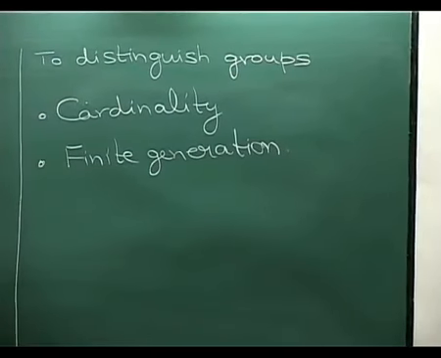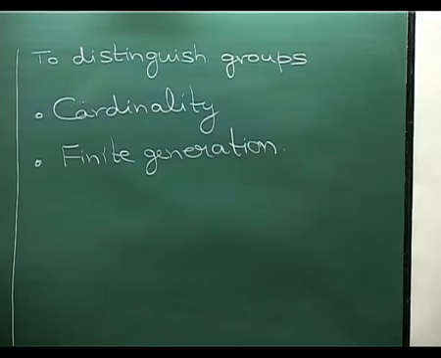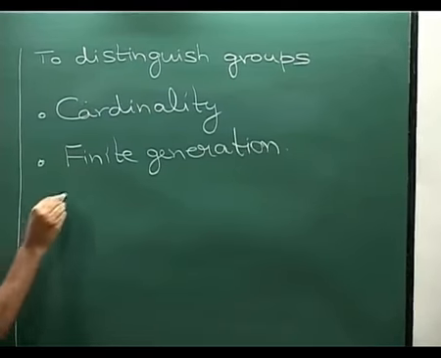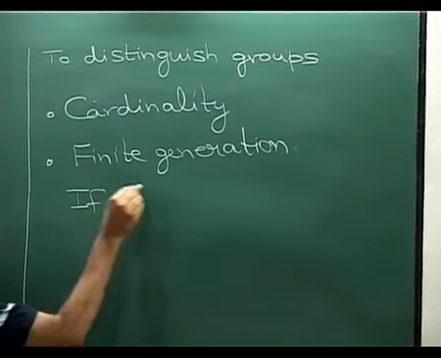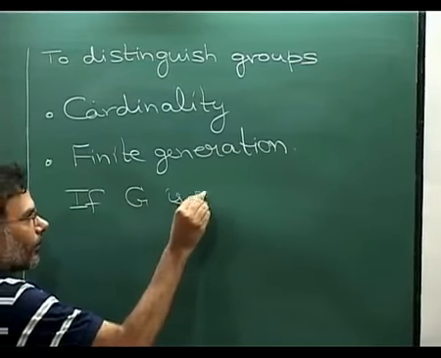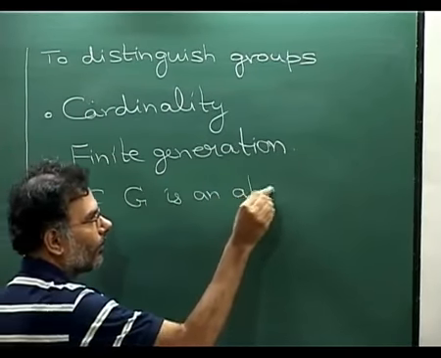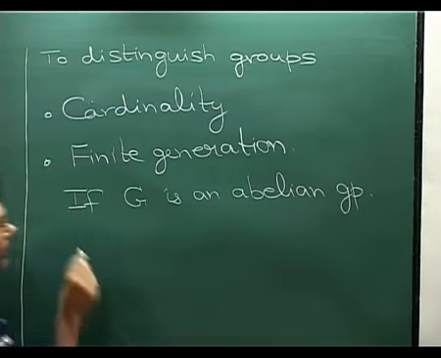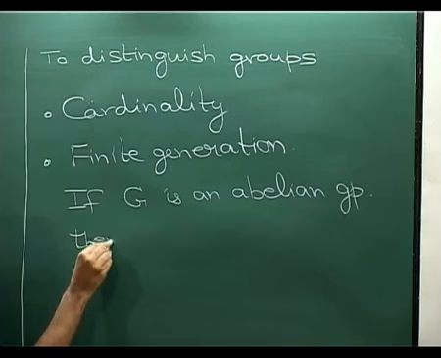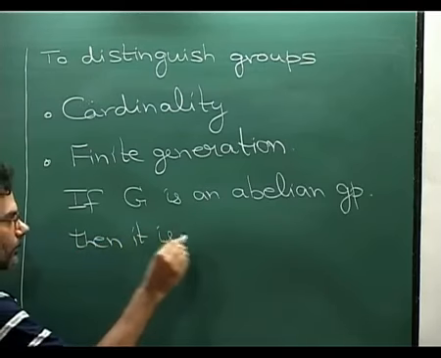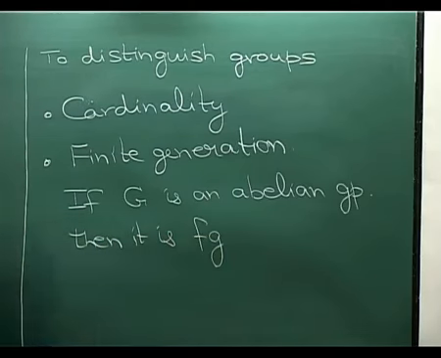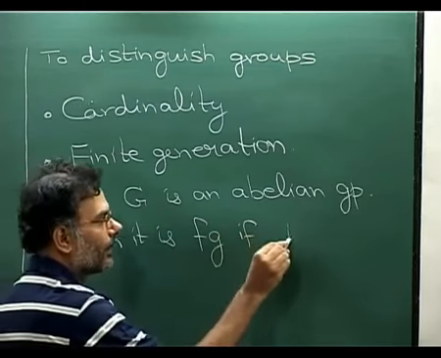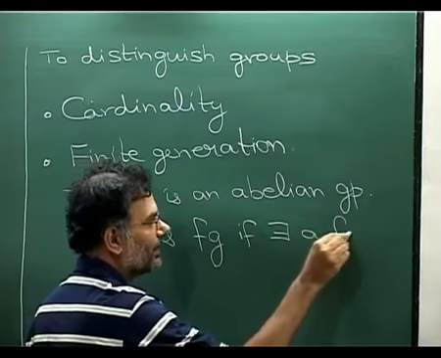What does finite generation mean for an abelian group? So if G is an abelian group, then it is finitely generated, I'll just say FG, if there exists a finite set of elements